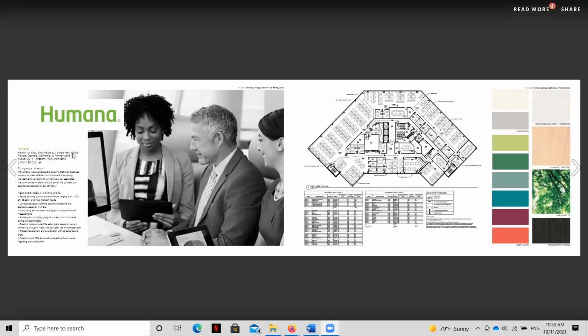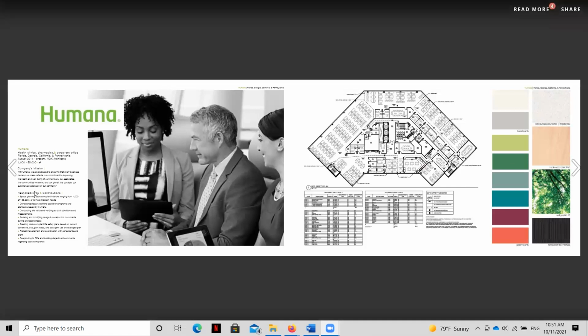Now, as far as text goes, you can see that the designer brought in really important information about the client needs here. It's succinct, but there's a lot of information. The designer discusses the scope of Humana, where this project is going to be located, the size of the project, and when it, of course, begins. And so you can see that basic information right here. The company's mission is brought in, again, as a way to showcase the designer's understanding of the client. And a lot of that's going to drive the design concept and the design of the space itself.